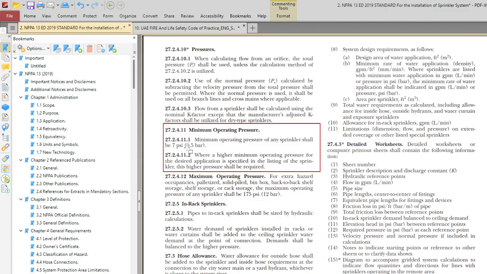So what is the formula to calculate your K value? K is nothing but Q divided by the square root of delta P. I'm just checking my other documents. So K is 5.6, and the residual pressure is 7 psi, the minimum operating pressure. So the residual pressure will be